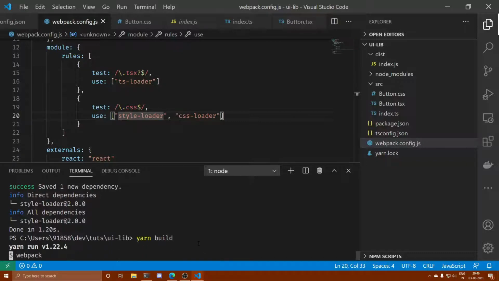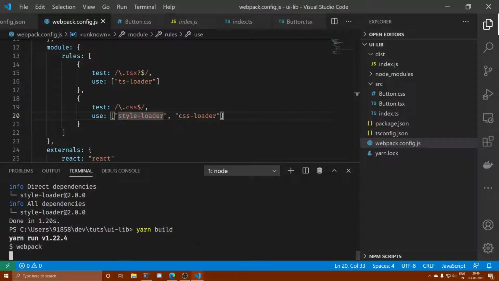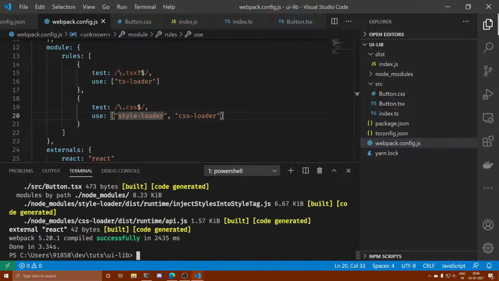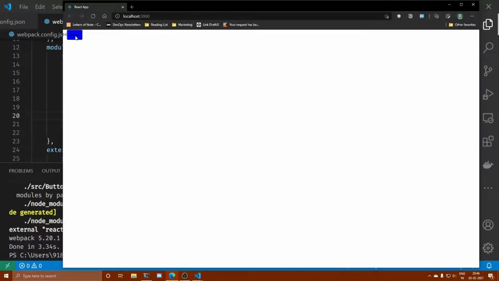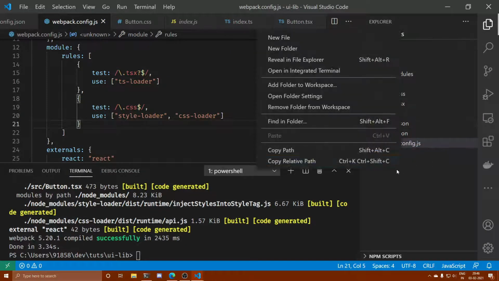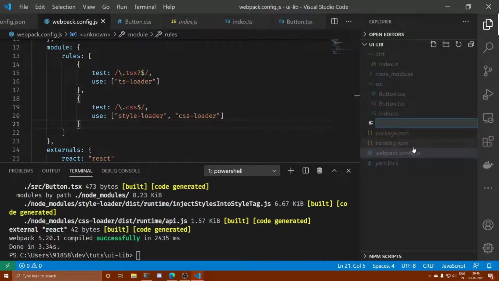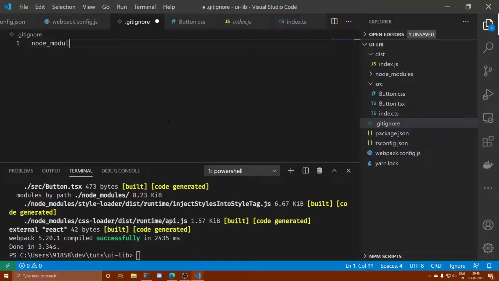So let's again export this thing. Okay, so everything is exported now, and as we can see, our styles have been applied and we have successfully created a button component of our library. Now you can include a new file over here, a .gitignore file. Inside here you can write node_modules, and this is a proper UI library